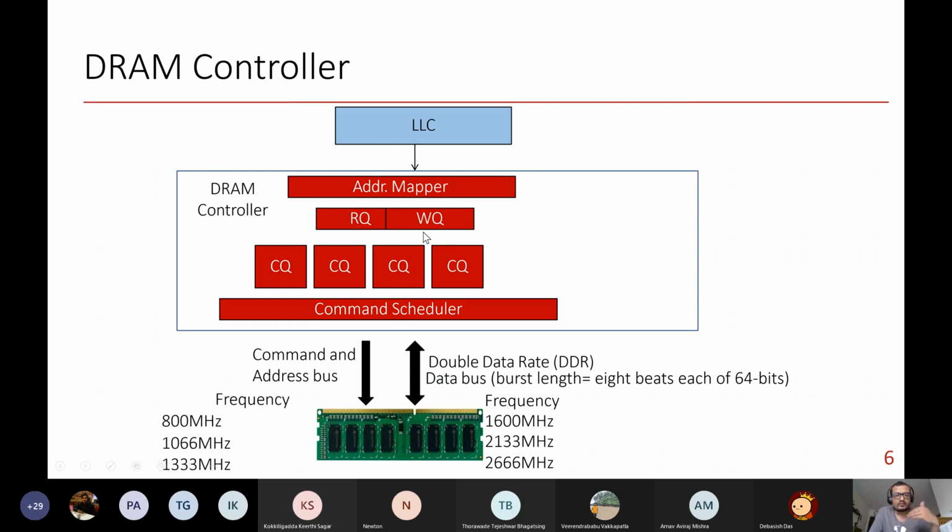Then there are two queues. One is the read queue, which is for all the demand requests coming from the processor. And there is a write queue, which is essentially used for the write backs coming from the last level cache. So these are loads and write backs, right? What this DRAM controller will do is break